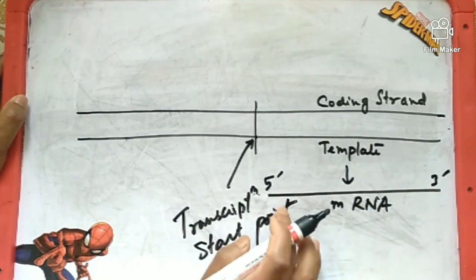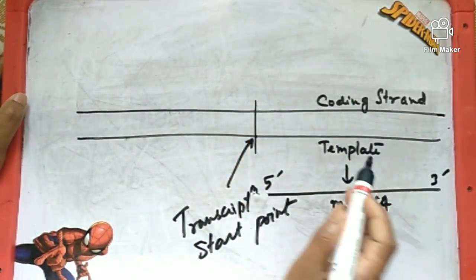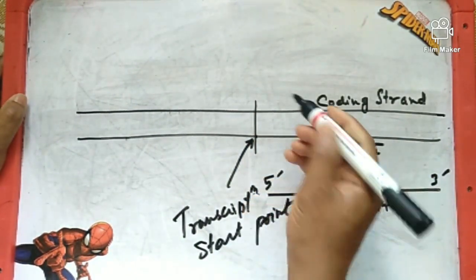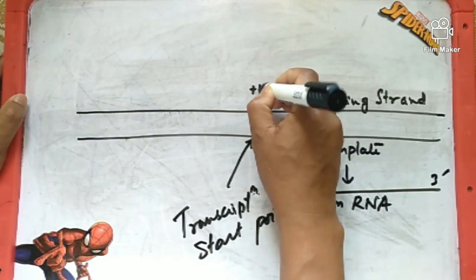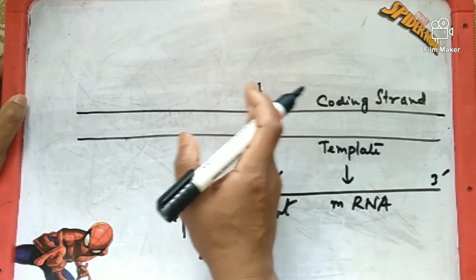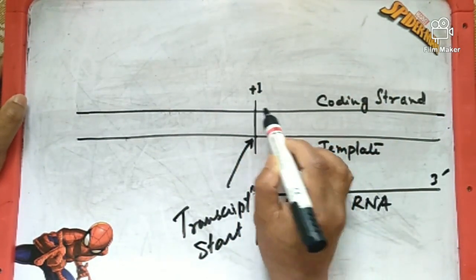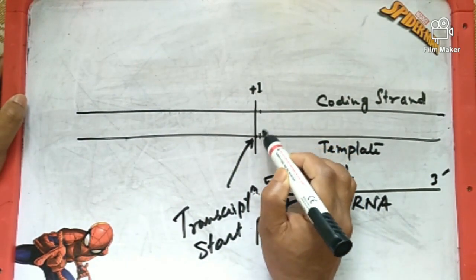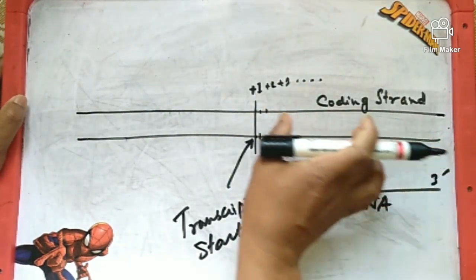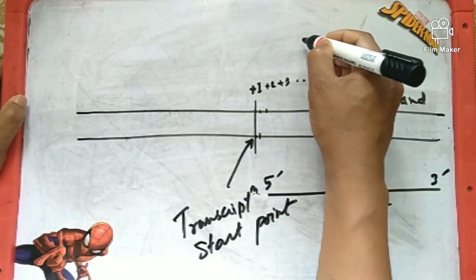This is the 5' and 3' side, and these bases can be numbered. The base at the transcription start point is numbered +1, and the bases on the side of the gene are counted as positive. So the base at the start point is +1, then the next base pair is +2, then +3, and so on. The bases located on this side are known as